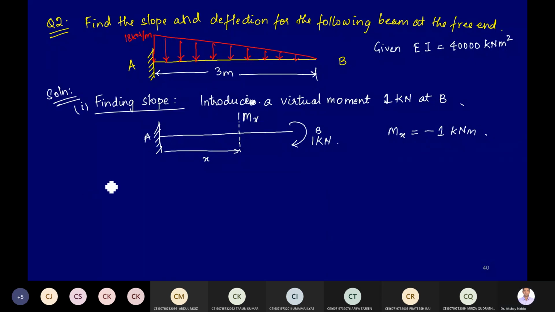Now, due to the load, the bending moment,